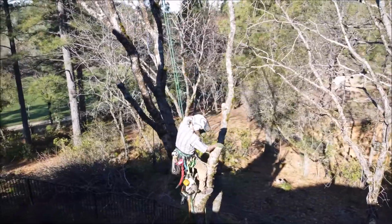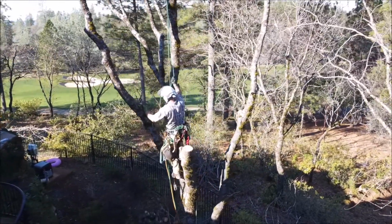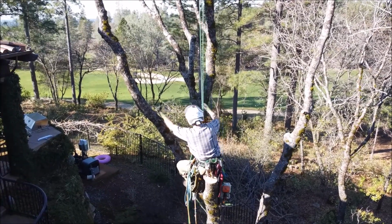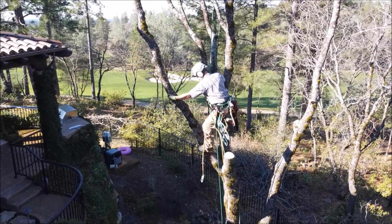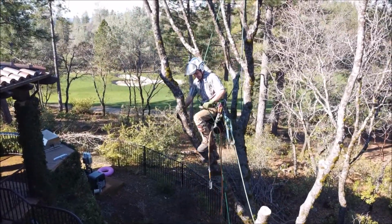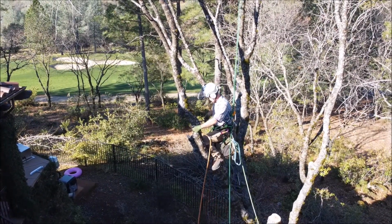The problem, with all those little ornamentals down below, if you drop anything down there, it'll smash them into pieces and make the whole place look like a train wreck. So I really didn't want anything to hit the ground near any of the ornamentals, little camellia bushes, Japanese maple, dogwood. Those trees are more fragile than anything. Once you start breaking little pieces on them, it looks awful down below. So I'm just going slow, taking small pieces, climbing up the next stem over with my climbing line up above me